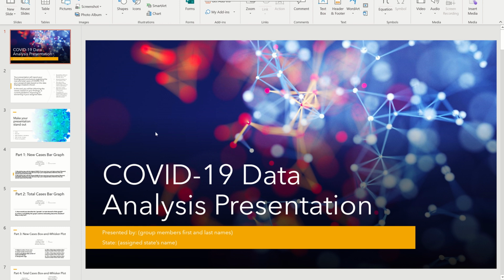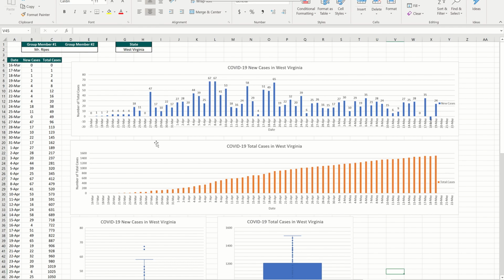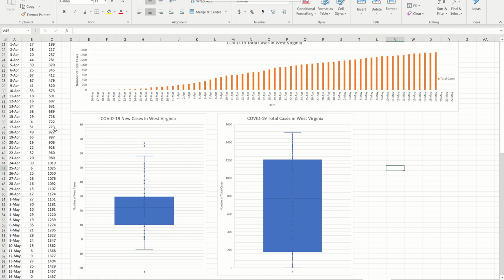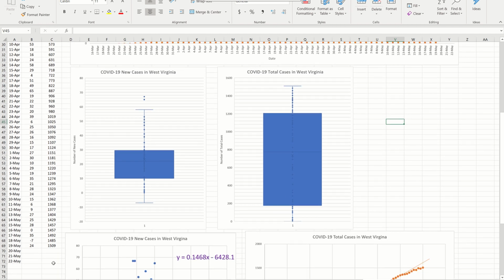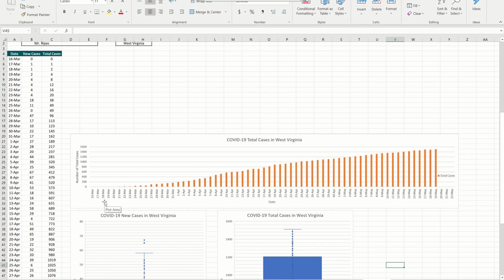The first thing you want to do to make sure that you're ready to put together your presentation is go into your state's particular spreadsheet. Make sure you got all the things that we've been talking about, okay? We're not adding anything more. We added the last few elements yesterday, the line of best fit, the equation. Now, of course, you still have time to include those things or improve upon any chart that you may have made in the past, of course. But you want to make sure you have all your data inserted up to the 22nd, which is coming up this Monday. Now, of course, I don't have it yet because the 20th, 21st, and 22nd haven't occurred yet, okay?